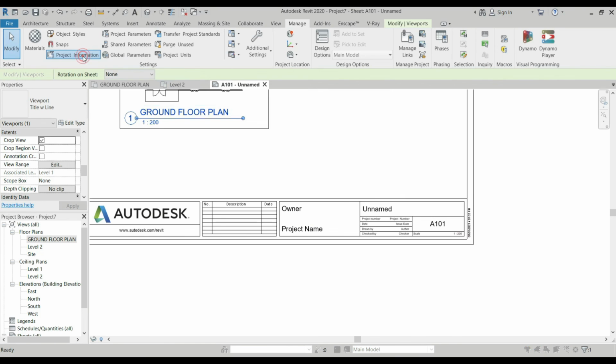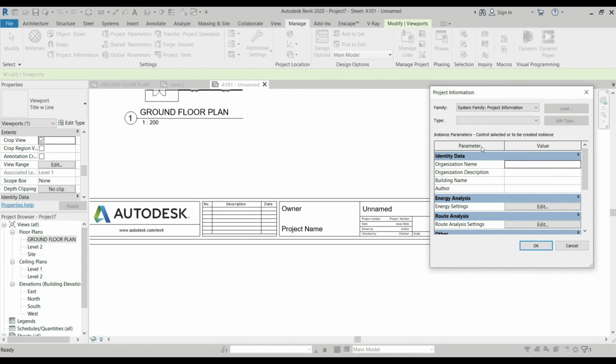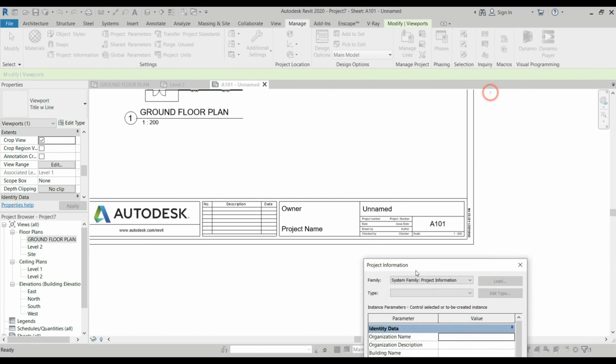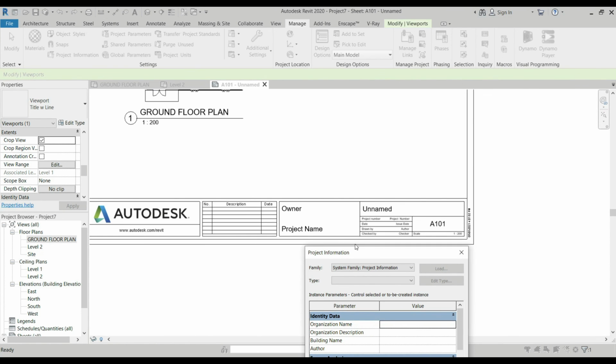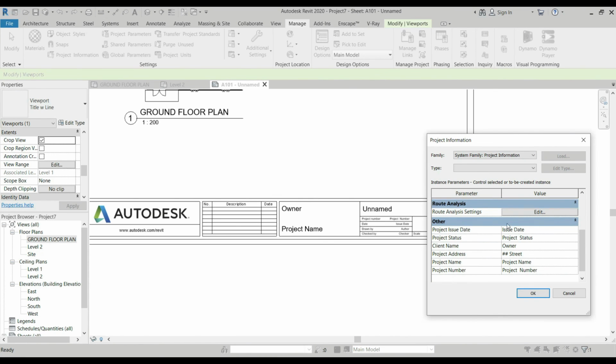Okay, so click this project information, and then there are parameters here. So you will be asked for the organization name. Okay, and then for the organization description, the building name and the author. So you have to fill this up so that once you put your title block here, it's already